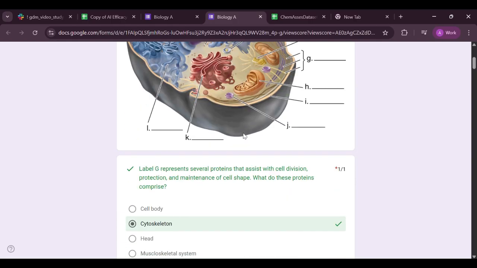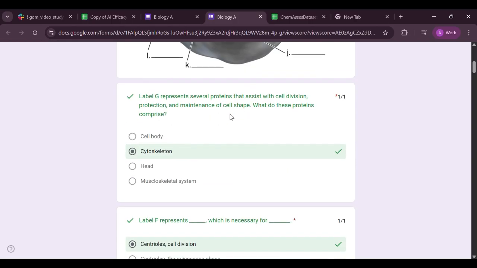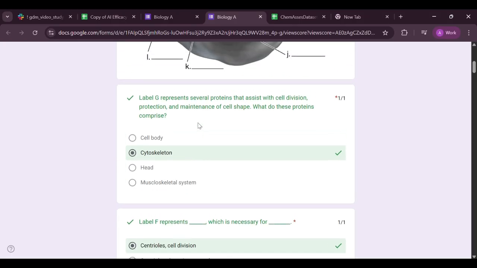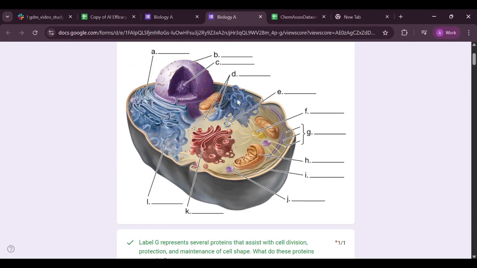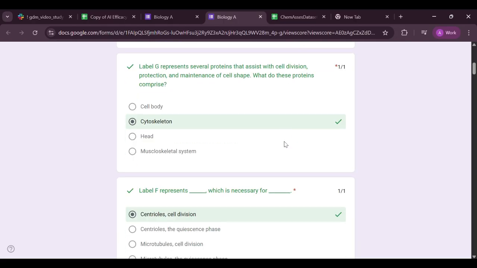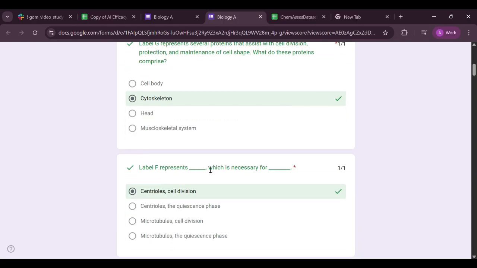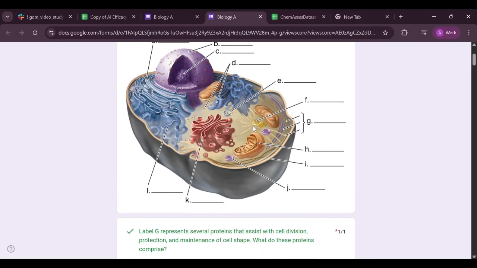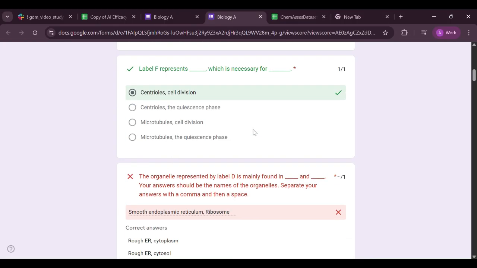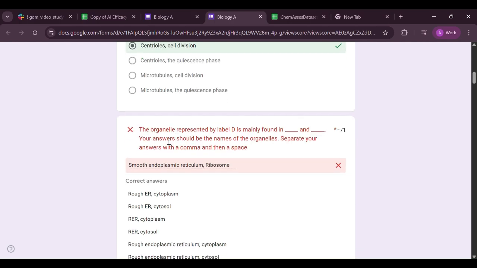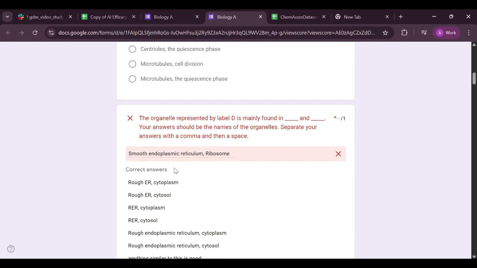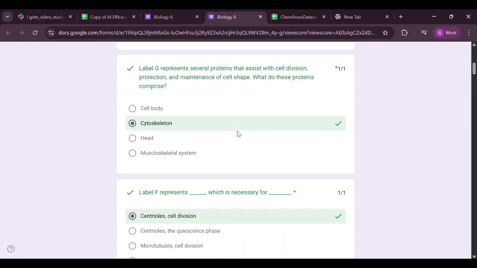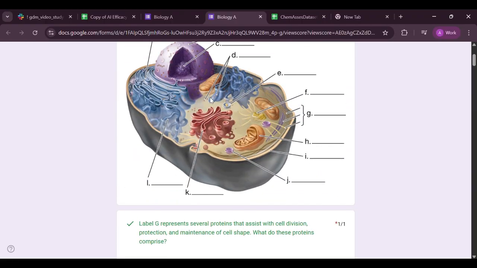As we can see here, this question is correct. Cytoskeleton is represented by G. This is the cytoskeleton. Label F is none other than centrioles, which are responsible for cell division. F is this part. Okay, this is the wrong answer. Here, the organelle represented by D is mainly found in